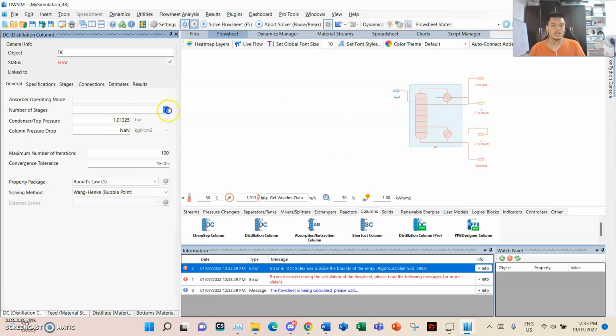For the DC, the number of stages we'll put here, rather than 13, we'll put here 14, since we exclude the total condenser. I'll show you later. Total condenser at the top is same as the initial, which is 1 bar, and no pressure drop observed. Number of iterations, let's do 1000, since from my previous attempts on this problem, it had problems with 100, so I'll do 1000 with the convergence tolerance of 0.01